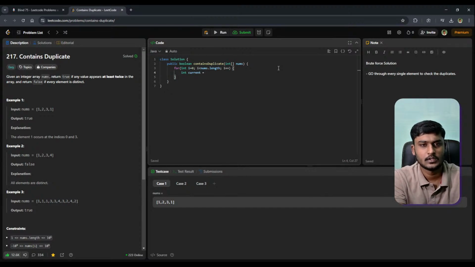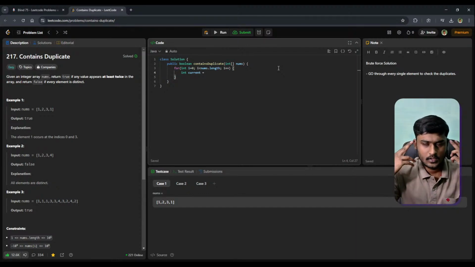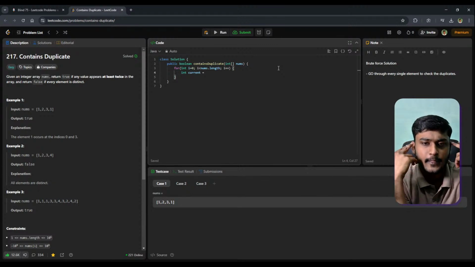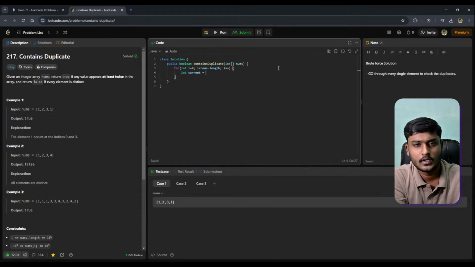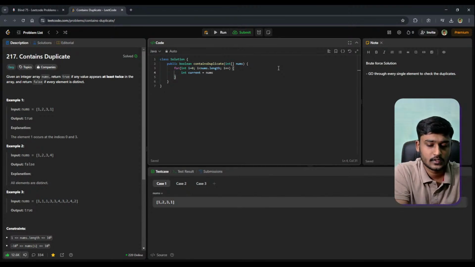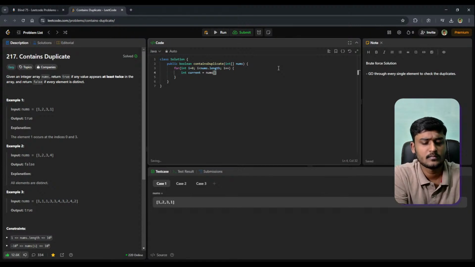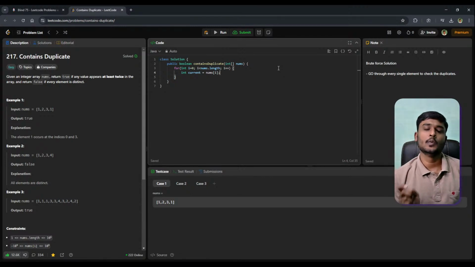The process of writing these variables is very convenient to explain the code. We can do it more optimally with fewer lines, but still writing this way is like thinking out loud, right? The more we communicate, the better it is in interviews. That's very important. So that's why I'm writing int current is equal to nums of i, where nums is the array name. Each time we loop through this array, we'll store the current value inside this variable.